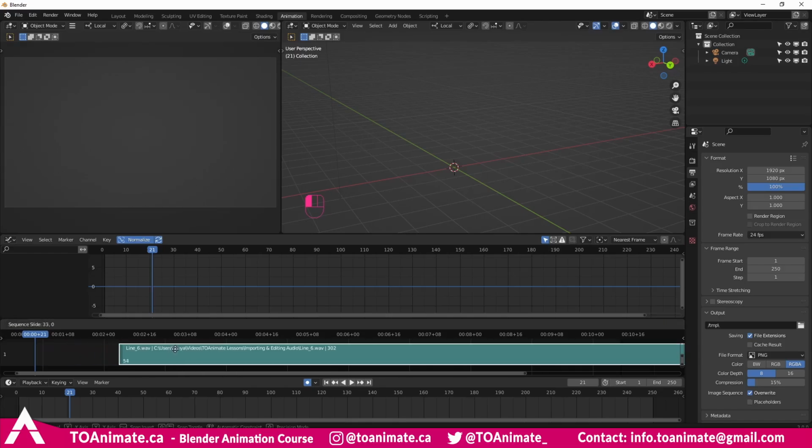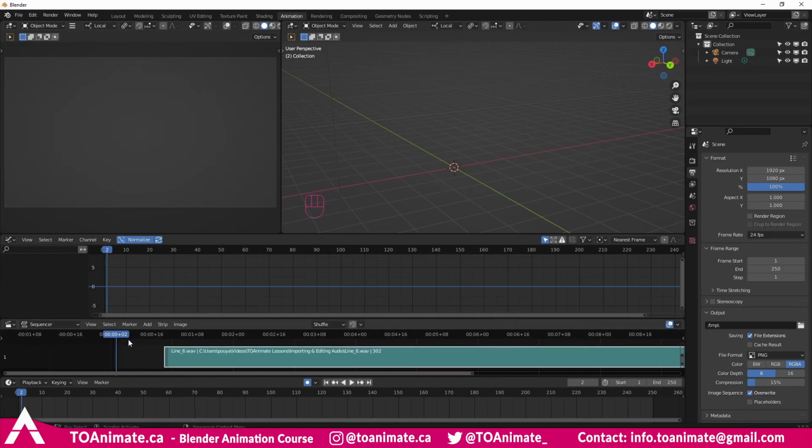By holding left click, I can drag it left and right and move it in the timeline. So for example, right now, the audio is starting at frame 21 just because we were in frame 21 when we imported it. So if you go to frame 0, there's nothing, and then you start hearing the audio. So with left click, I can bring it back and have it start from frame 1. So now from frame 1, when we press play,